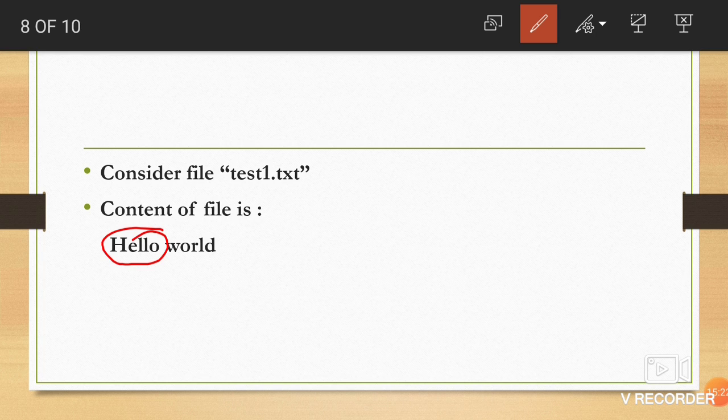So 0 for H, 1 for E, 2 for L, 3 for L, 4 for O, and 5 for blank space. Understand? 0 to 5 means total it is having 6.